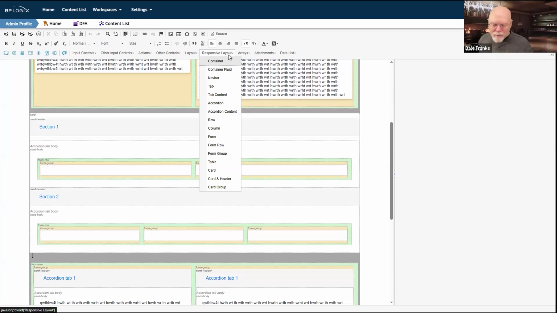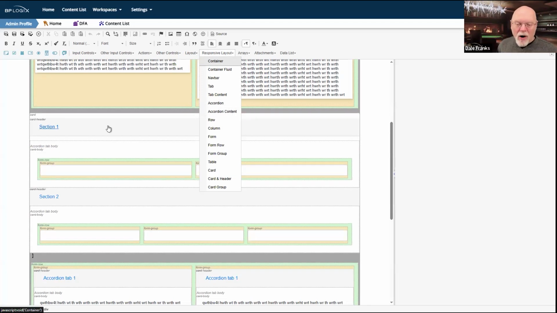In fact, there's kind of two different types of section controls. One is called the card and header, and one is called the accordion. And either one works. They work a little bit differently.